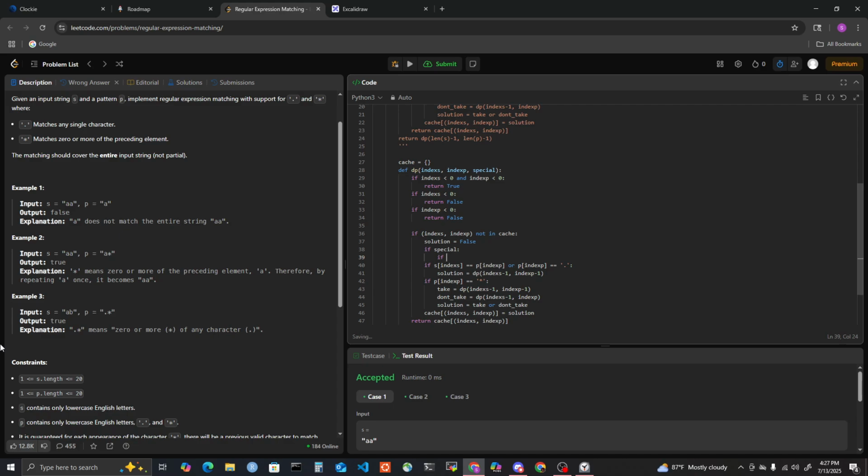if s of index s is equal to index p of index p. I can take, I can do